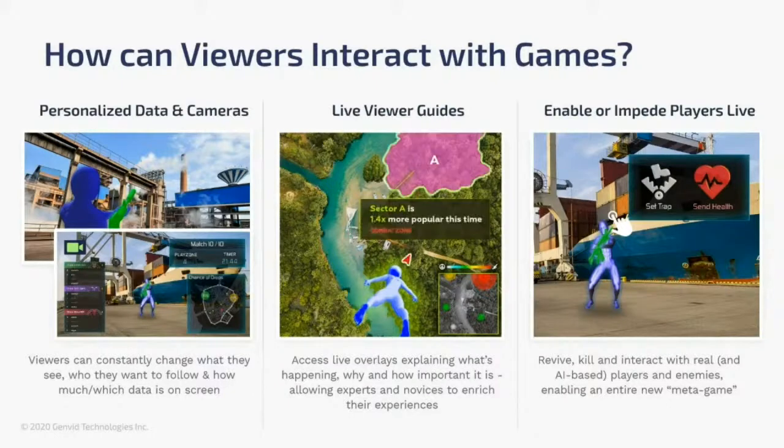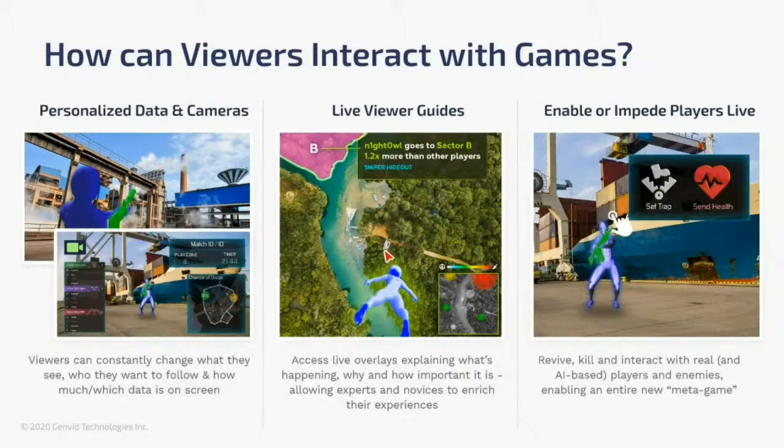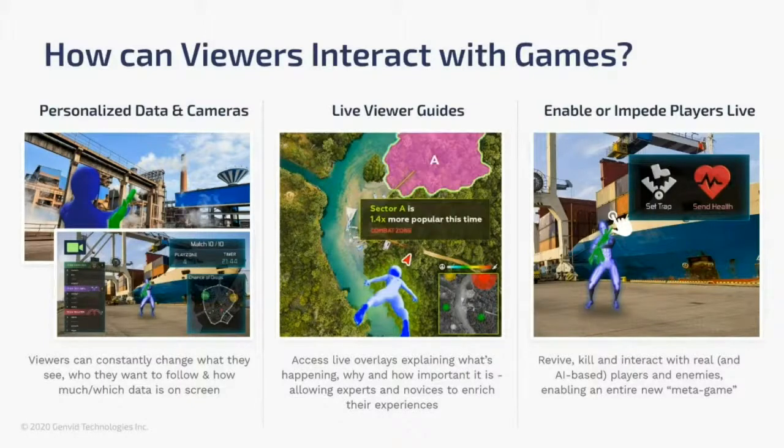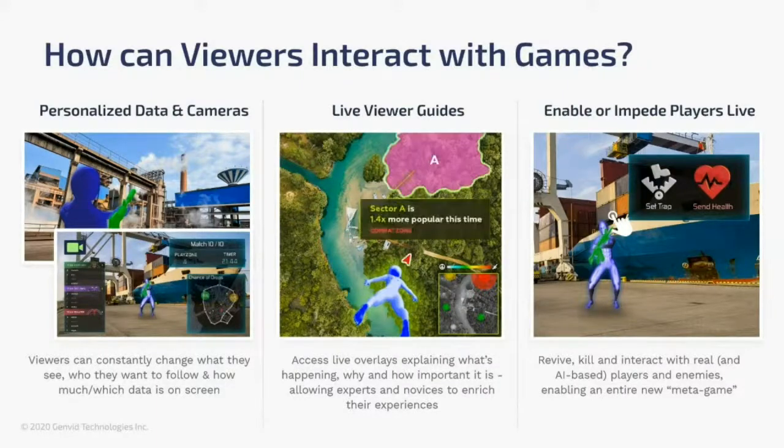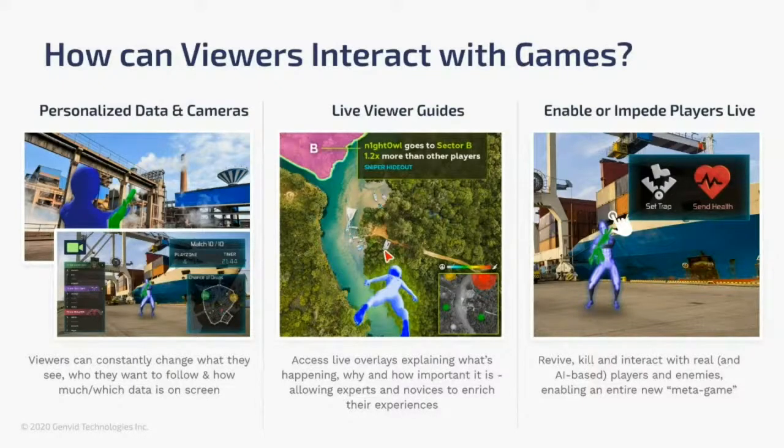Jumping to the middle, we live in a world of live ops and constantly evolving gameplay, so it's important to tell viewers what's going on. And this is also potentially useful for player re-engagement. If I'm watching an RPG game and I notice that ogres have a 1.8 buff for this weekend event, and I've got a powerful ogre from when I was playing several months before, I might be inclined to jump into the game and see what my ogre can do.